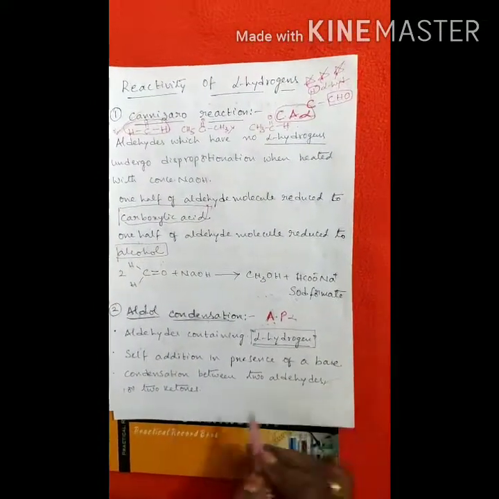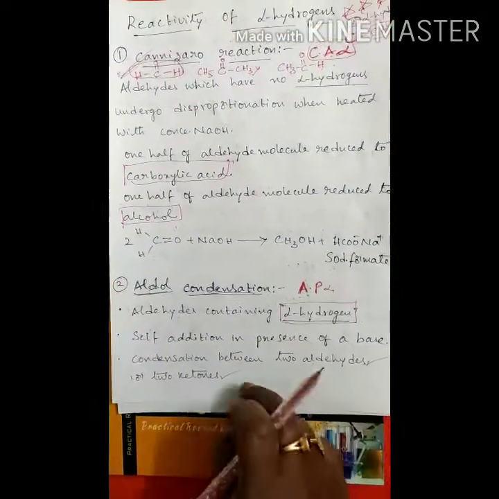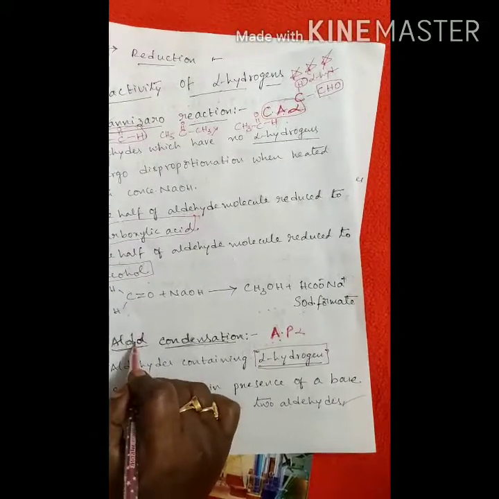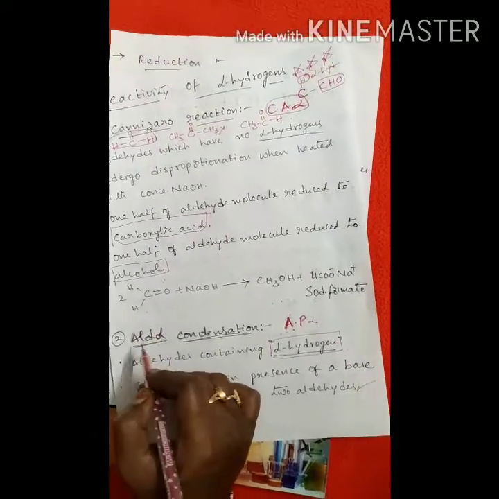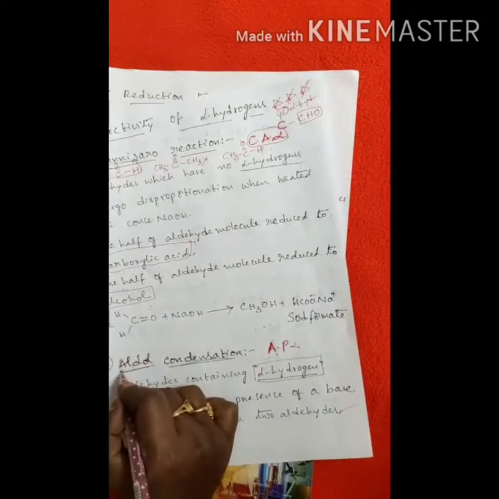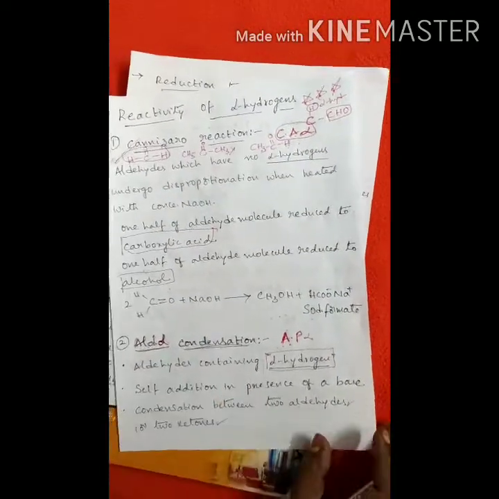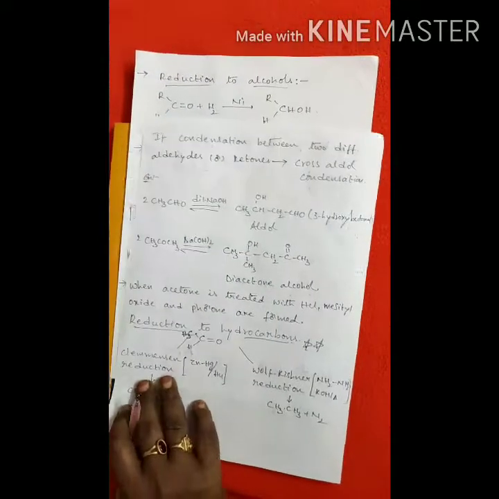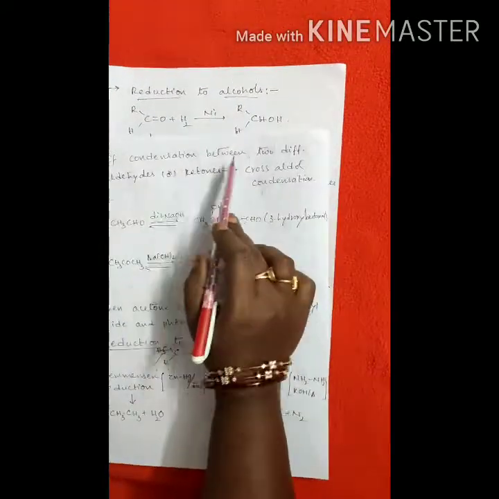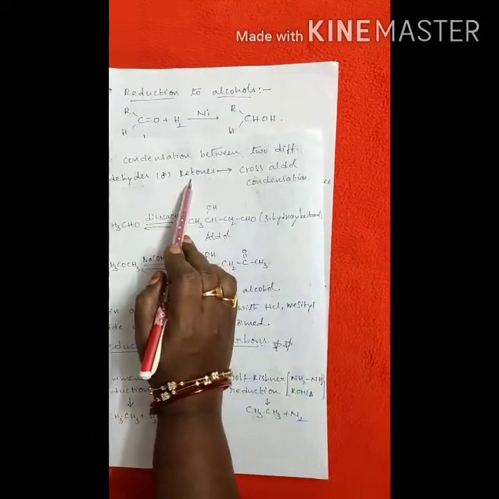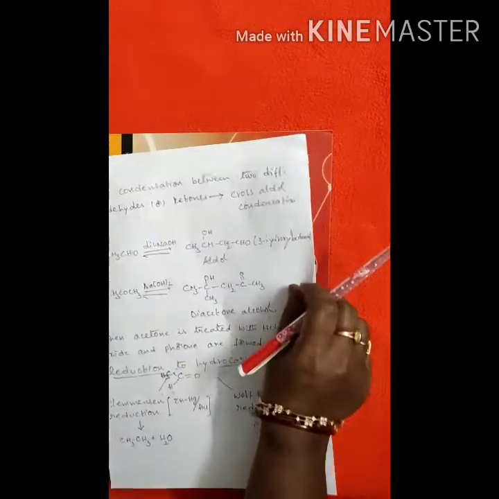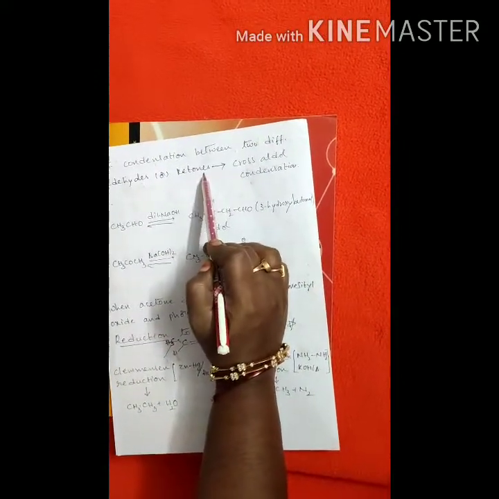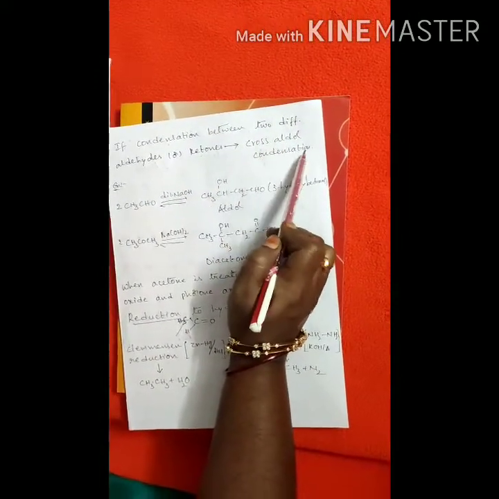Two aldehydes మధ్య జరగచ్చు లేదా two ketones మధ్య జరగచ్చు. దాన్ని మనం aldol అంటాం. Aldol, ol means alcoholic group. ALD means aldehyde. So that means the formed product consists of an aldehyde group and also an alcoholic group. That's why in short it is called aldol. If the condensation takes place between two different aldehydes or ketones, then it is called cross-aldol condensation.